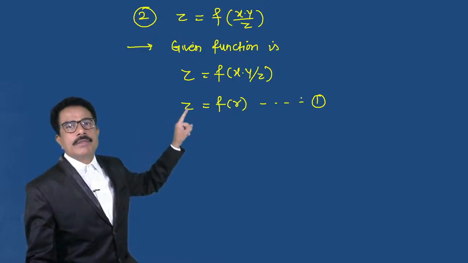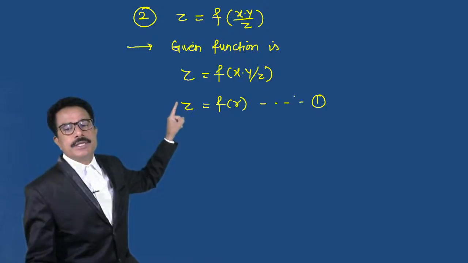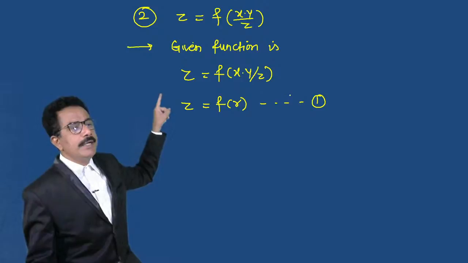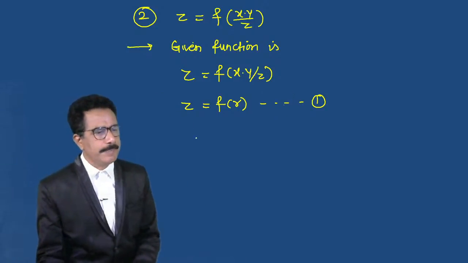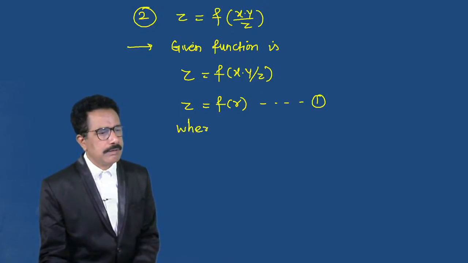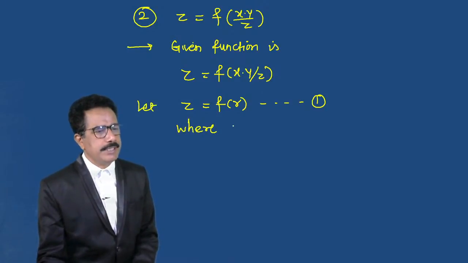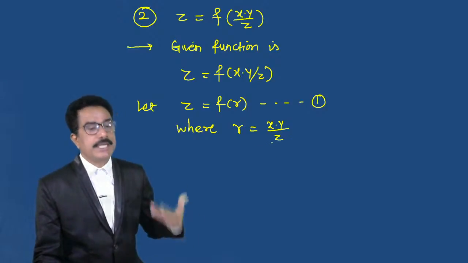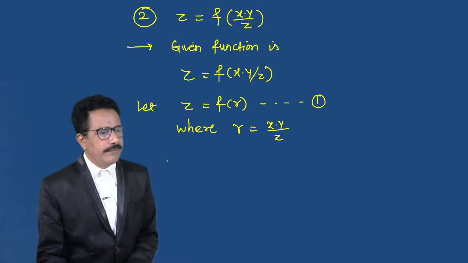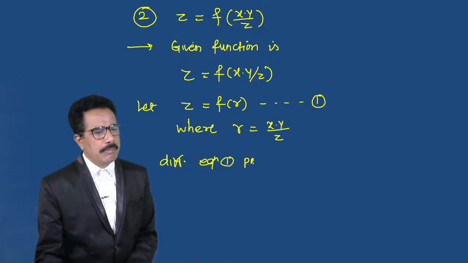Now we have to find the partial differential equation which satisfies the surface generated due to the given function, or due to the revolution of the given function about the z axis. So we consider, let z is equal to f of r, where r is equal to x into y divided by z. Okay, now differentiating equation 1 partially